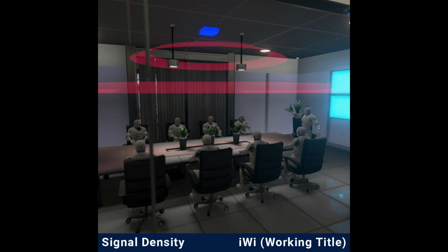Sure. So the first image that you see here is actually a signal density image. And what this is illustrating is if you're in a conference room and you have one access point in that conference room, it might be an appropriate deployment of an access point in that location, that type of model. But you may be able to determine, based on what you're seeing the access point doing and the interactivity between the devices and that access point, that maybe it's not the best access point for you to have, or maybe you need another one. So this will allow you to quickly and easily, visually, using AR or VR, look at